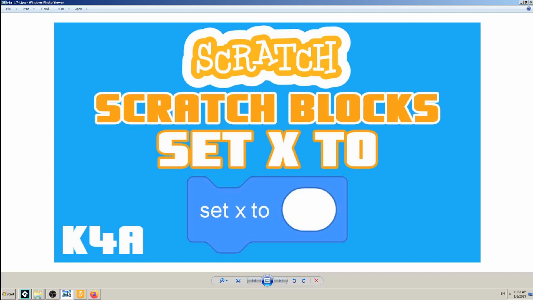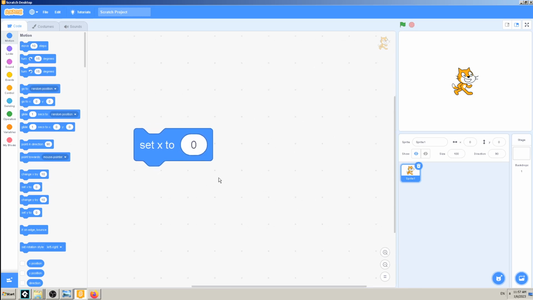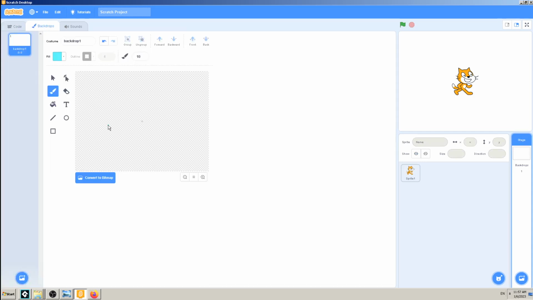In today's video I will try to explain how and when to use the Scratch block named set x to. Set x to is one of the motion blocks, it's the blue color, so find set x to, drag and drop it to your coding window. If you have watched the earlier lessons on Scratch and the Scratch environment, space, scene, and so on, you know that the stage, the environment, the scene is defined in